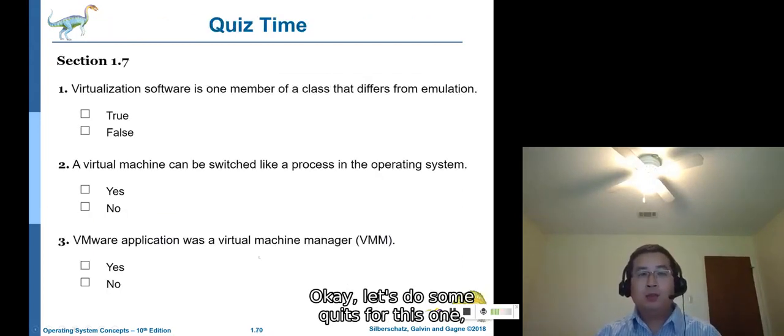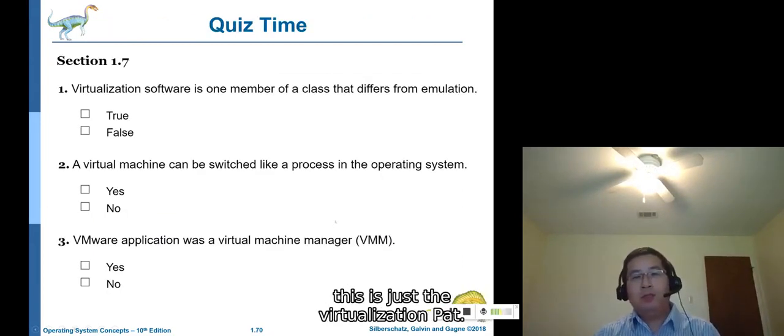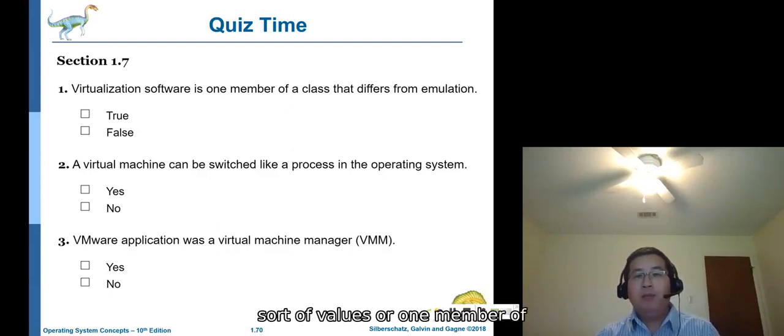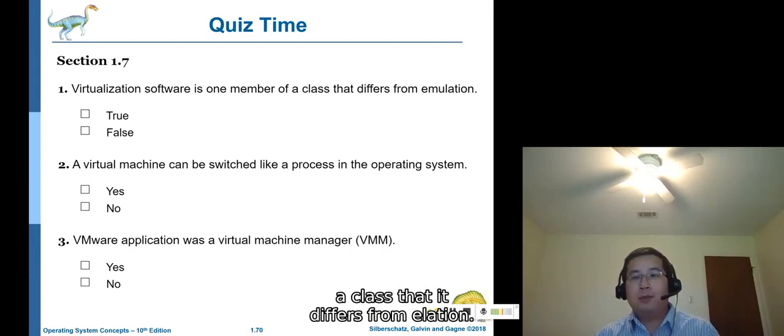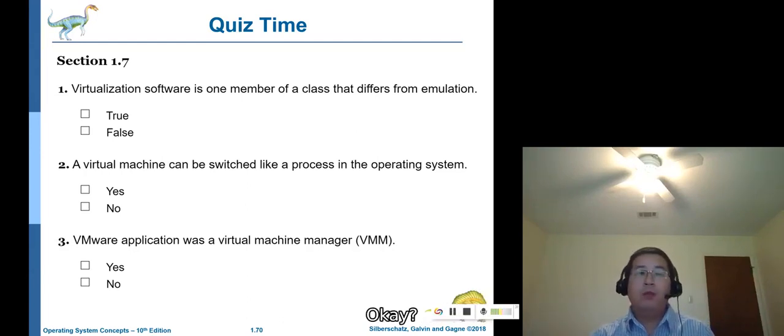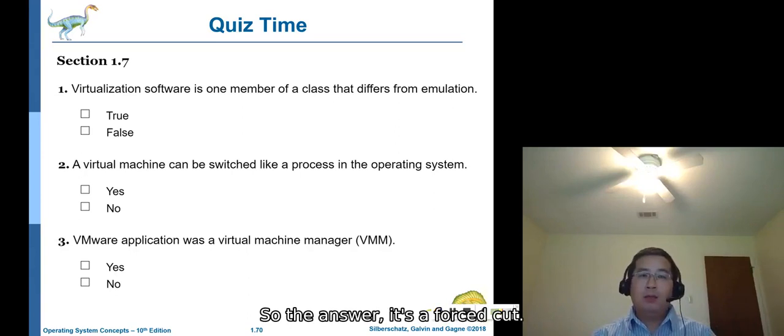Okay, let's do a quiz for this one. This is just the virtualization part. The first one: virtualization software is one member of a class that differs from emulation. True or false? For all the questions, just answer true or false, or yes or no. So the answer is